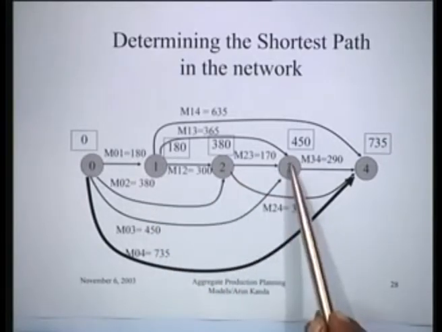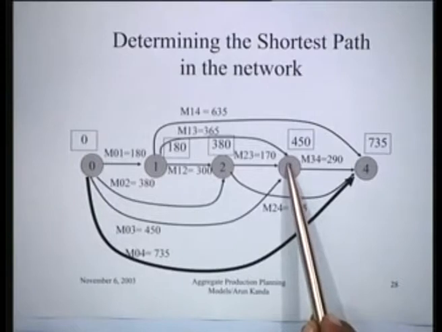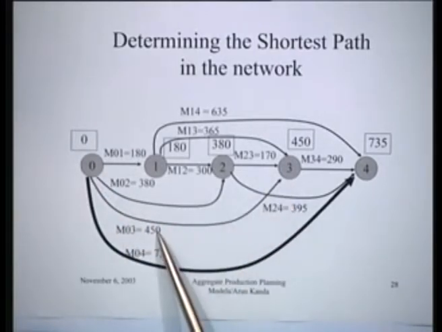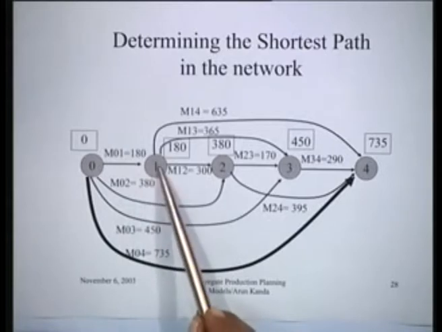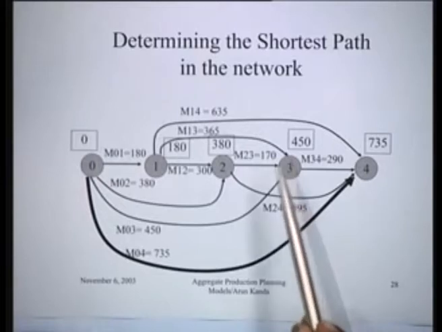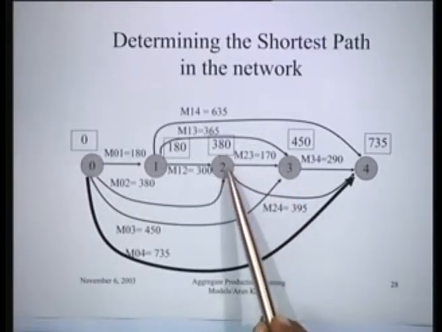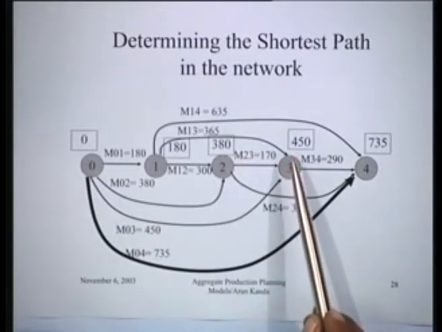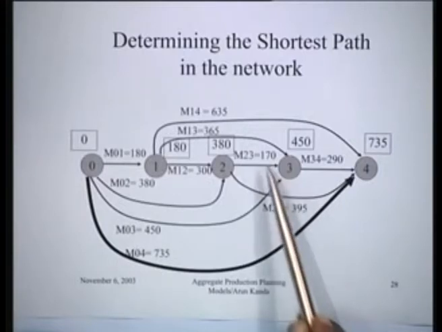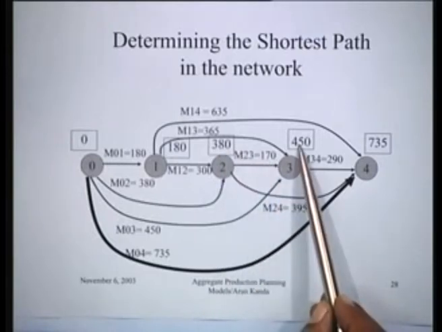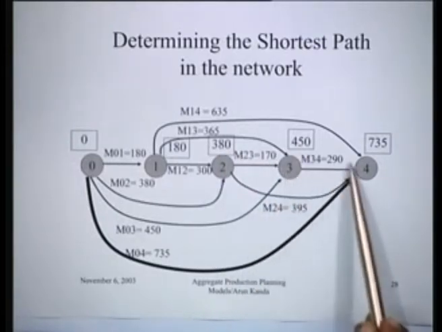And when you come to node 3, there are 3 possible arcs culminating in node 3. Which are these arcs? You can have 0, 3, which is of length 450, or you can have up to 1, which is 180 plus 365, or from 2 you can have 380 plus 170. And the smallest value that you can get, in fact in this case there is a tie between these two values, you get 450. And then finally when you come to node 4,